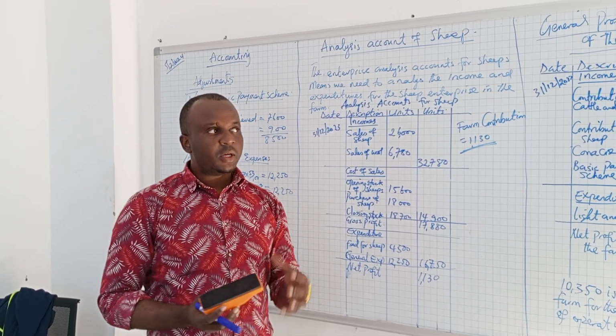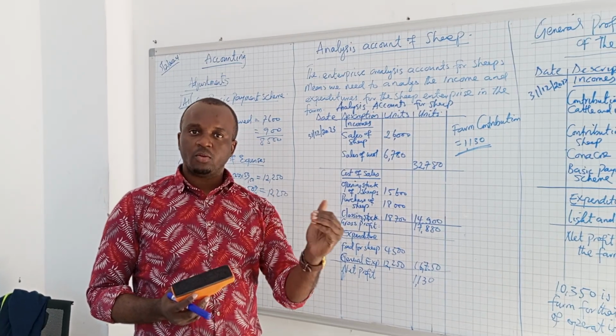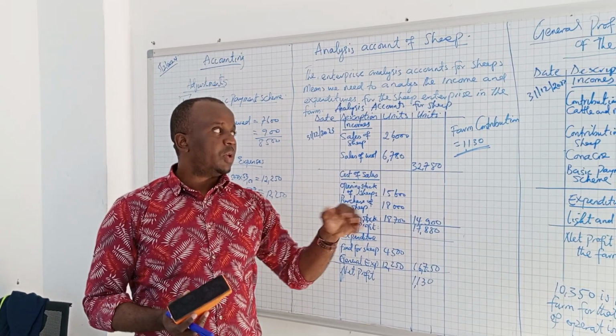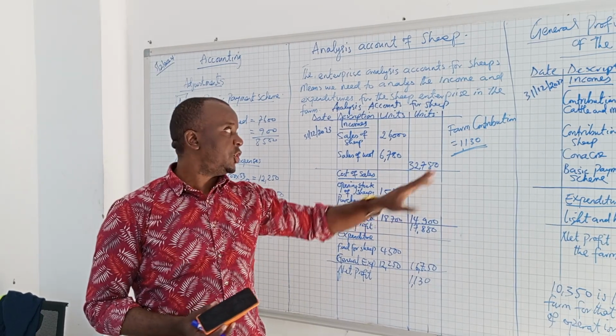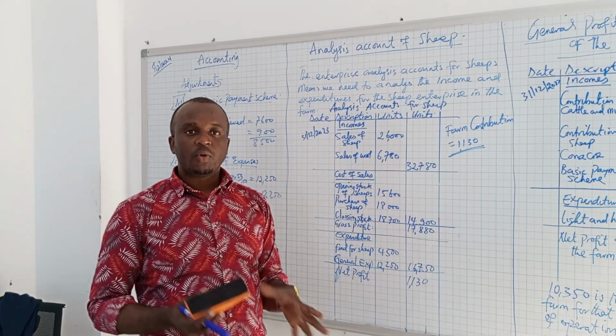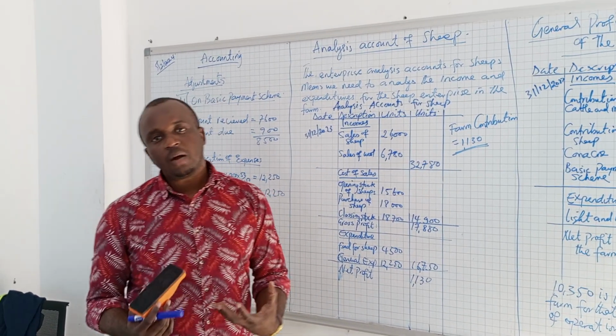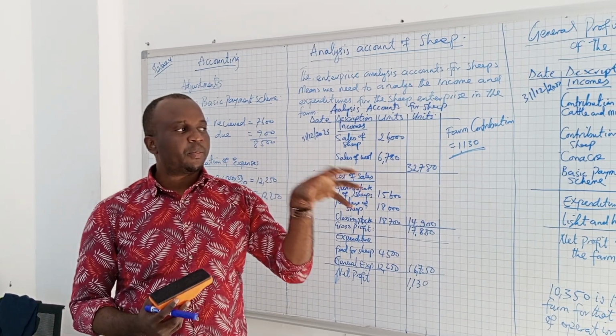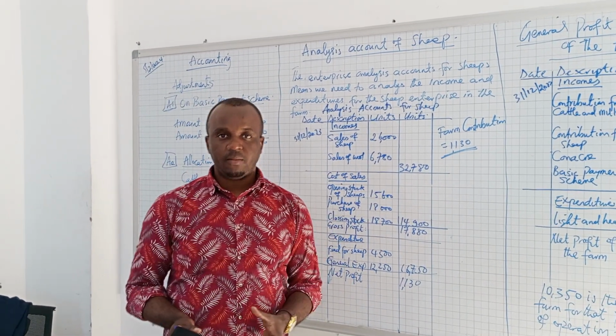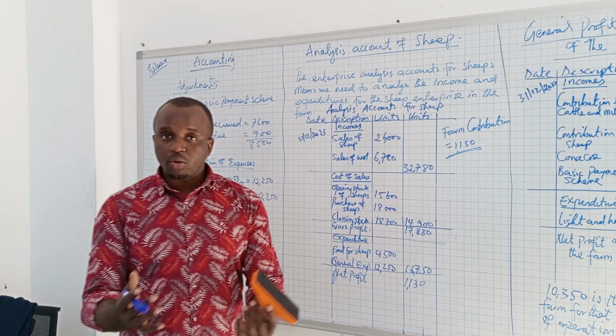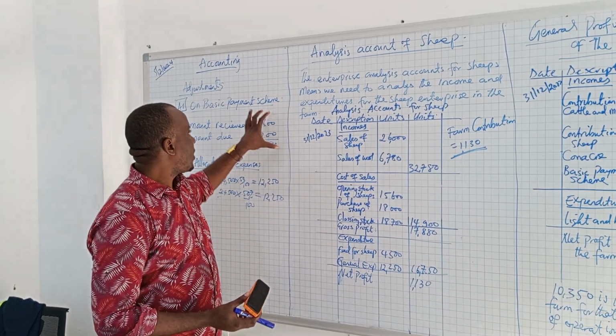So yesterday we made analysis on the cattle and milk. Today we are supposed to make analysis on the sheep enterprise. Why? Because when you are creating the general profit and loss account, you must look at those enterprises and their contribution to the general farm. But before we do that, we need to make adjustments because there were certain areas,